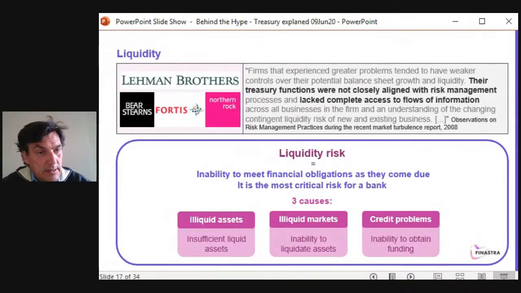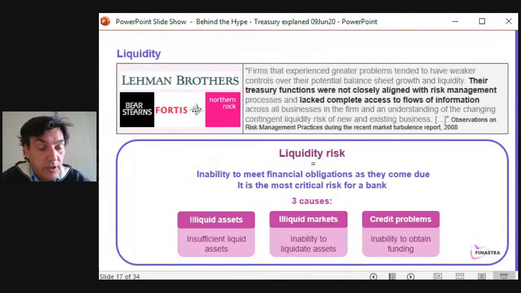And the last liquidity risk is about credit problem. It's about trust. So if we take back the example of Lehman, the word of mouth came from one day to another, and everybody in the dealing rooms was saying, okay, Lehman, it's not sure they have money. If they borrow you some money, it's not sure they will give it back to you tomorrow. So credit problem, trust problem, confidence problem, inability to obtain the funding. And that's very, very important. That's critical for a bank and critical for a treasurer. So that's the third one in my pyramid.